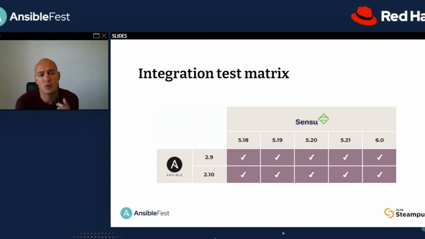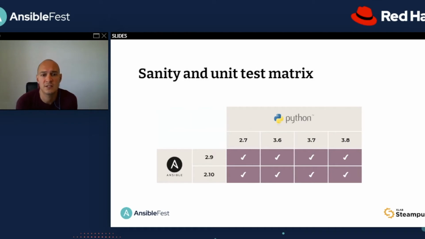Another important thing in high-quality Ansible collections are also sanity and unit tests. For example, this is the test matrix that we use when testing the Sensu Go Ansible collection. Sanity tests are basically just a check that makes sure that we follow some established practices that the Ansible world has known about for ages. Unit tests, on the other hand, are more interesting